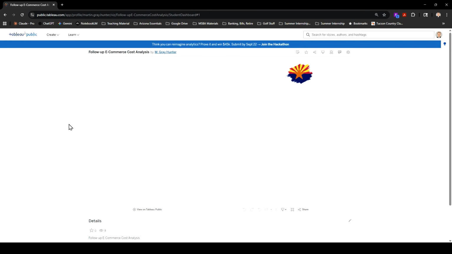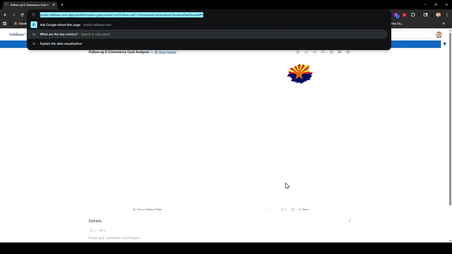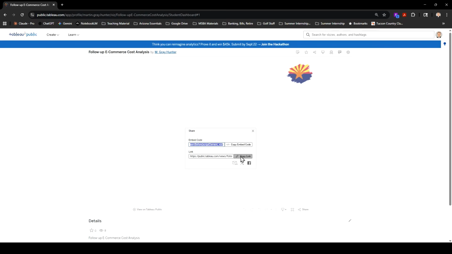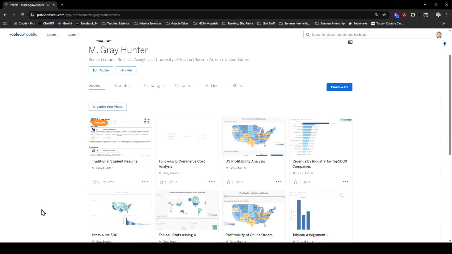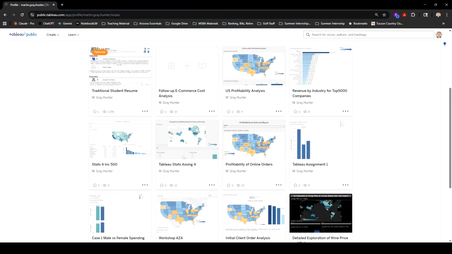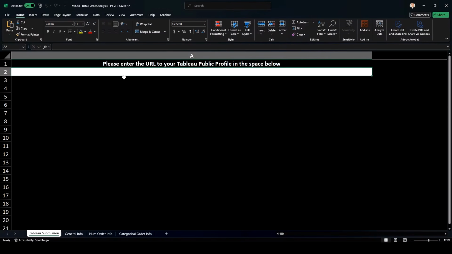And then in terms of what you submit, you can take this link, this URL, you can share from here. Make sure you don't give me the embed code, but the link here. You can also just go to your profile, and as long as it's titled something effective, we can go through and do that. So you'll take the link, put it in the Excel file, paste it, save it,